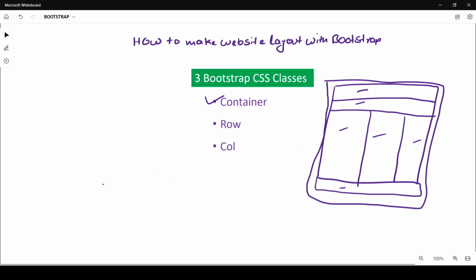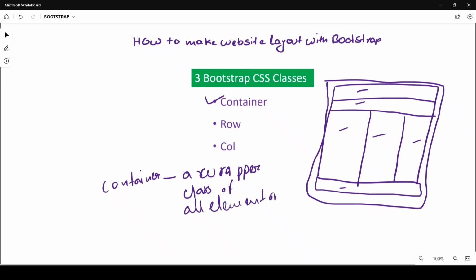Container is nothing but a wrapper class of all elements of the web page. Okay,